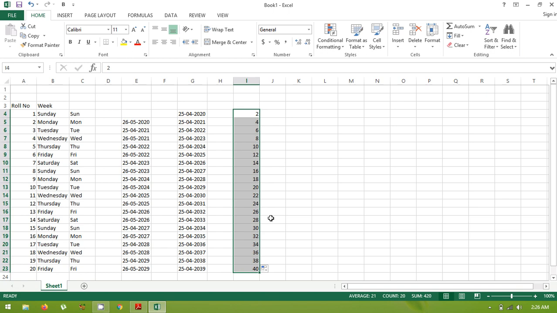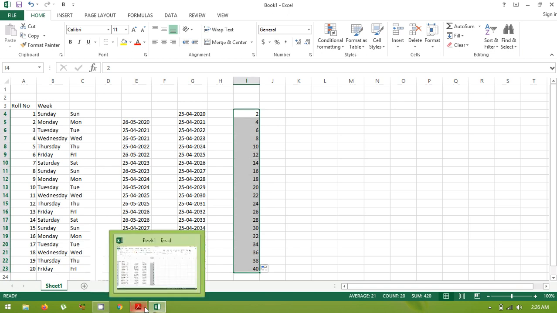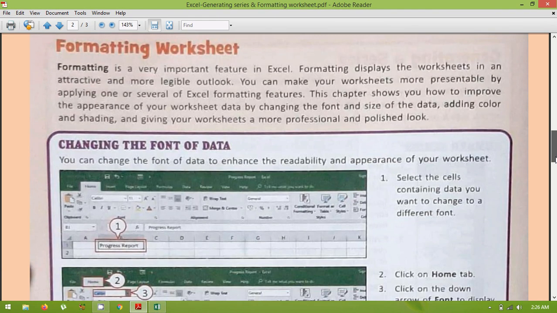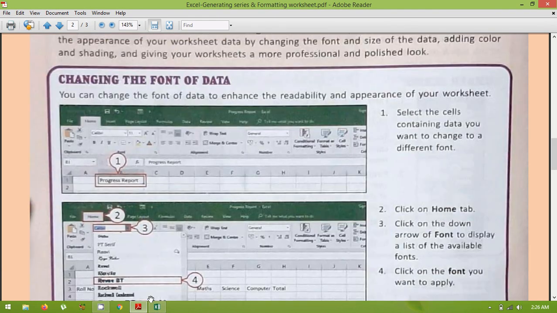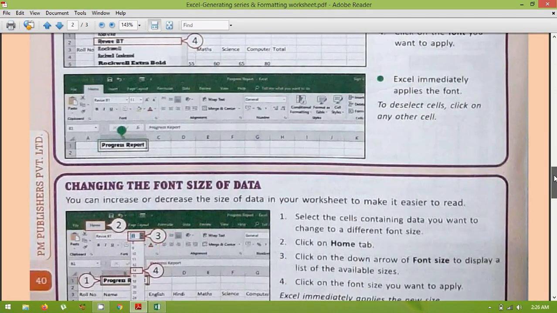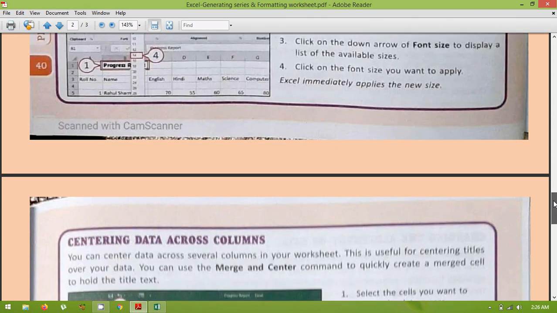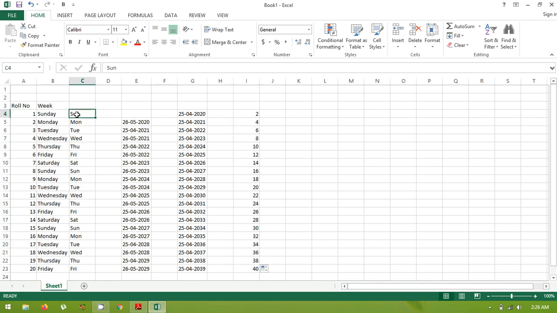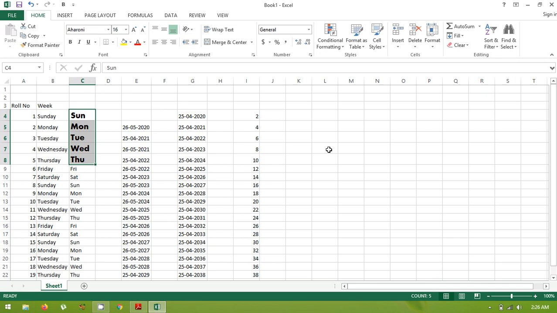When you want to display some important things in a nice or attractive way, and you want to apply some editing to your worksheet, how can you apply it? Change the font. This is very basic, changing font style and size. I think you are all aware of how to do it, but one more time I'll show you how you can change text style and size. Simply select it, go here, choose your font style according to your requirement. You can change the size as well. This is how you can do formatting.